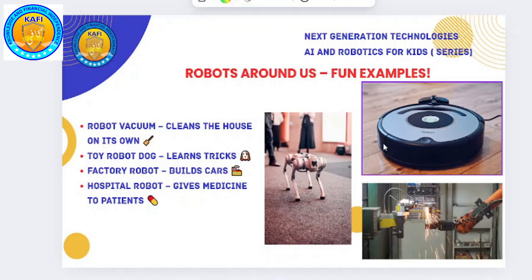Okay, and there is a toy robot dog. You can see that robot with the four legs. These robots were created just for fun and for lab work like that. But you can use these robots to carry things from one place to another place as well, and many other things, right?